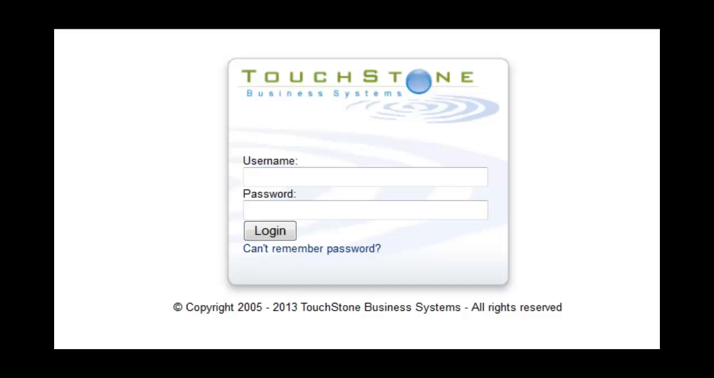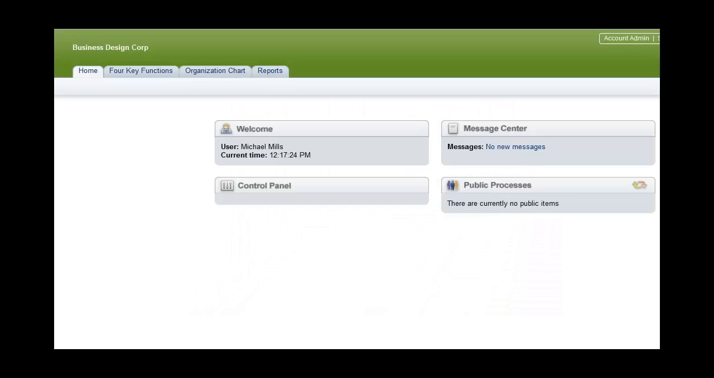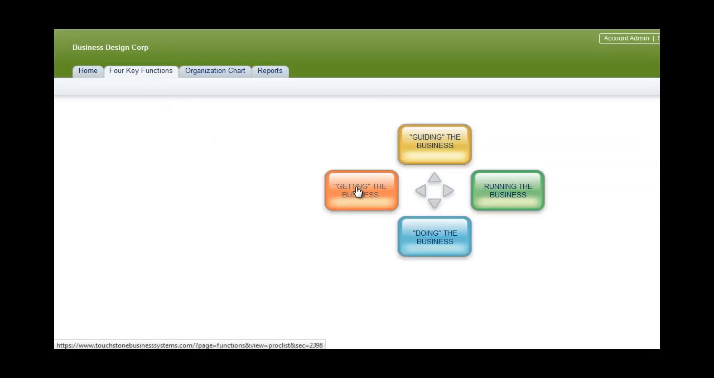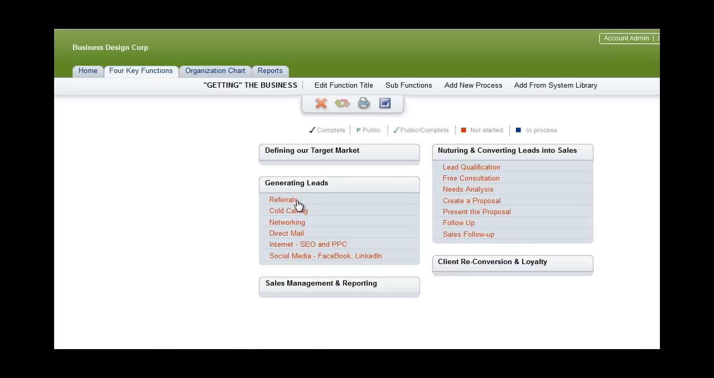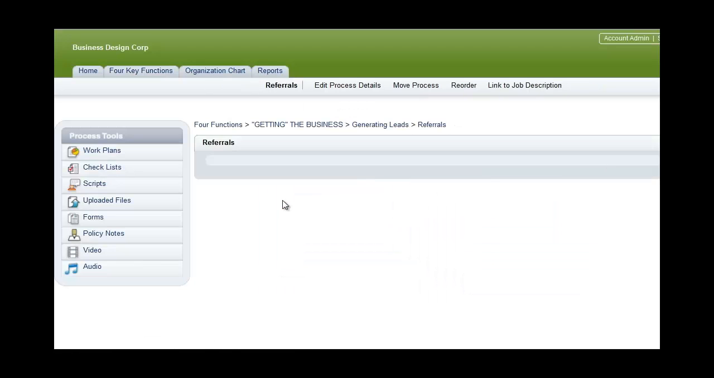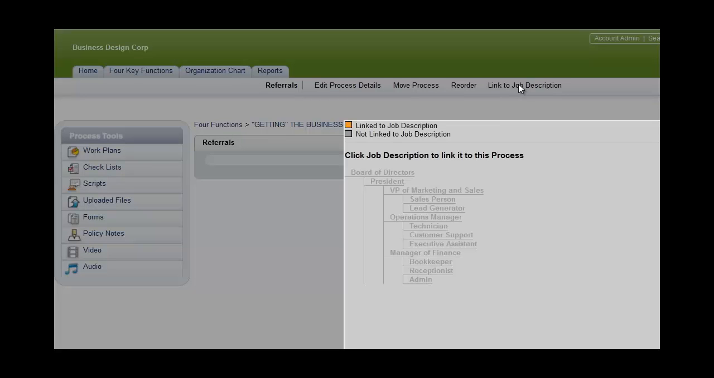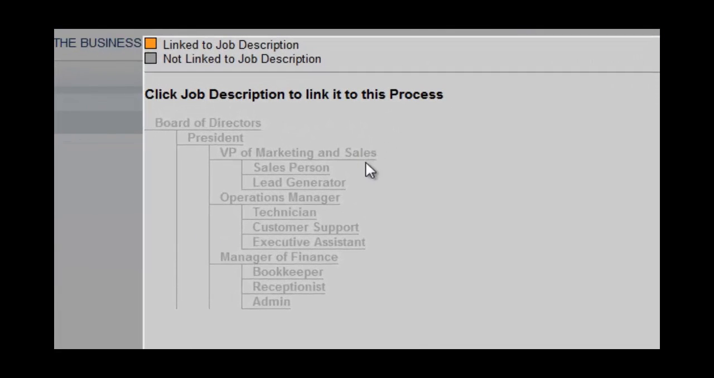So I'm going to log into my TouchStone account. And there are 2 ways that you can build job descriptions. One way is to go to the 4 key functions list, and I'll go to the Getting the Business key function, because this is where we just built those processes in the last tutorial. And you go through each of these processes. You simply select it, come up here, link to job description, and this will pull up a copy of your